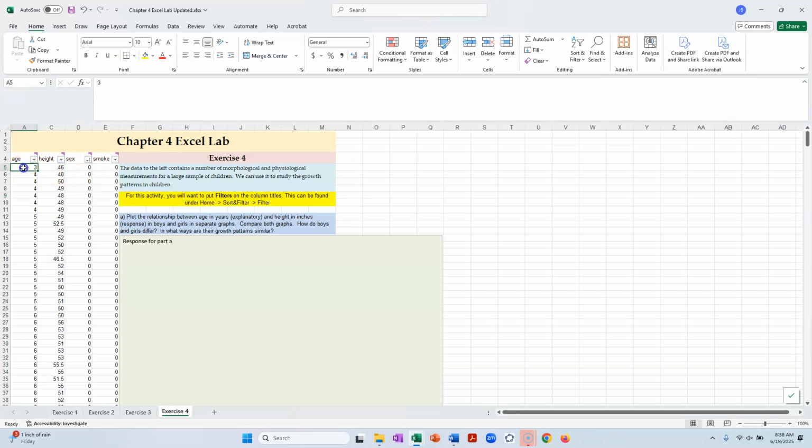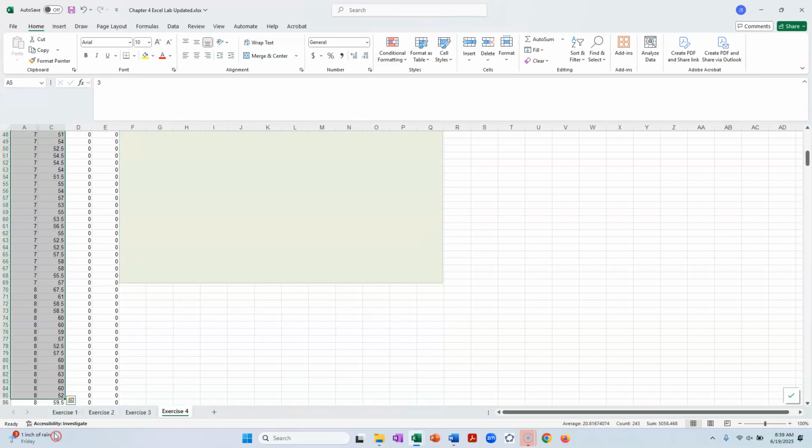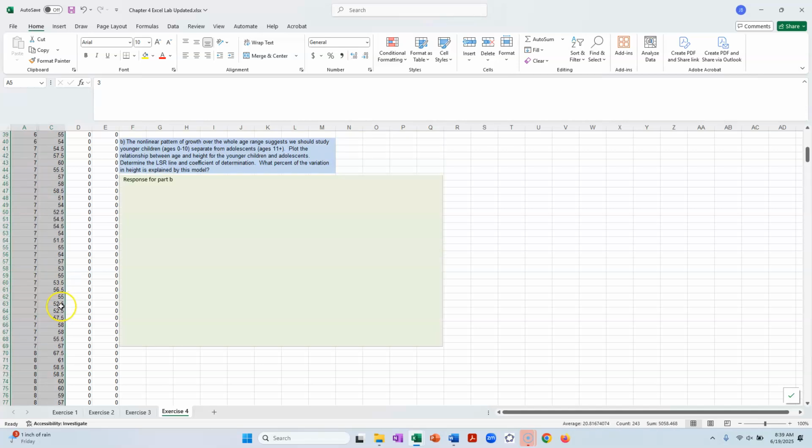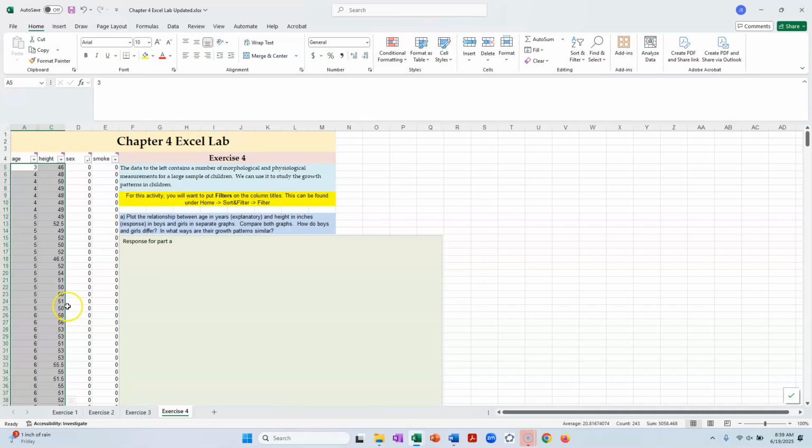And then we'd look at height and sex, let's see, age and height, age and height for all the girls. We'd have to make one scatter plot for them, and then make a different scatter plot for age and height for boys. What I would recommend,